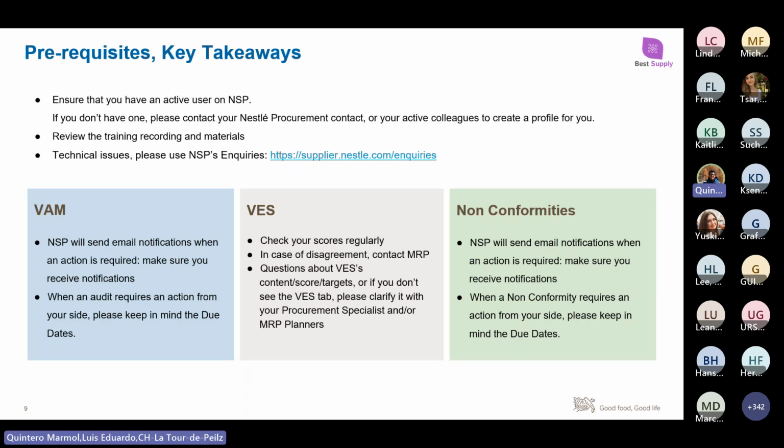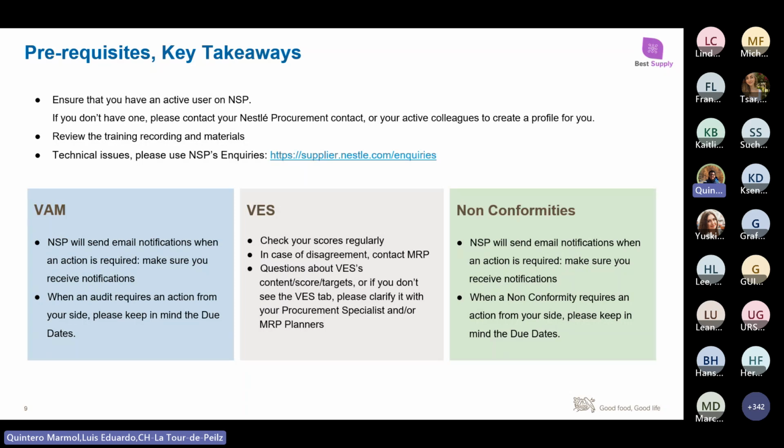The third one is the non-conformities, and the takeaway on that is that each time there is a quality point, a quality claim, meaning a non-conformity from the materials that we are receiving in our factories, either we detect this at the moment of the goods received or at the moment of the production, the non-conformities can be raised in the system and you will get a notification through the portal that there is a quality claim, there is a non-conformity linked to your materials, and that you need to take action